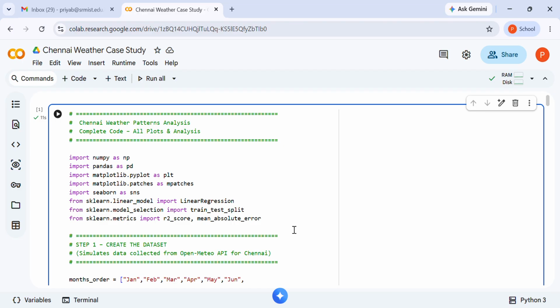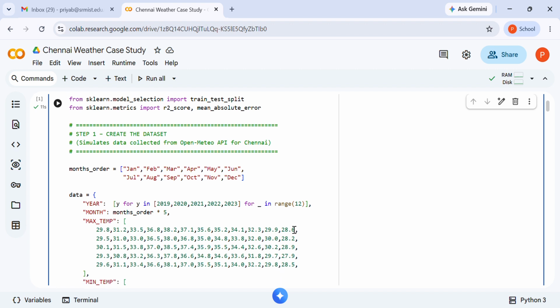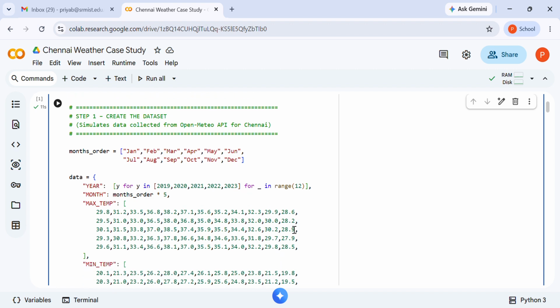And then as a first step we create the data set.